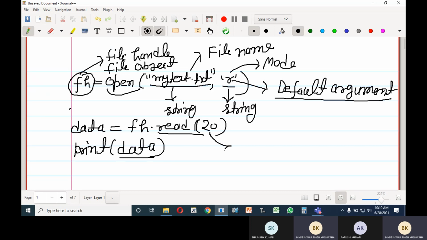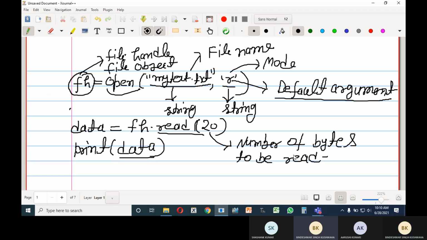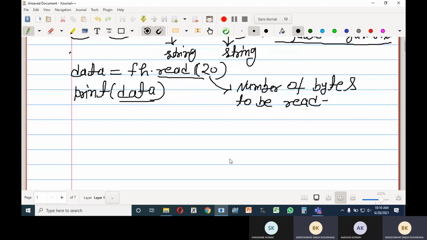So here we specified the number of bytes to be read. One more thing I would like to say. Let us think about the read function here.